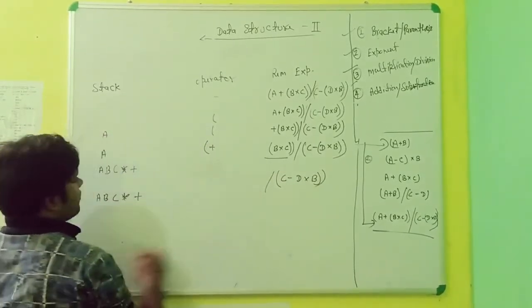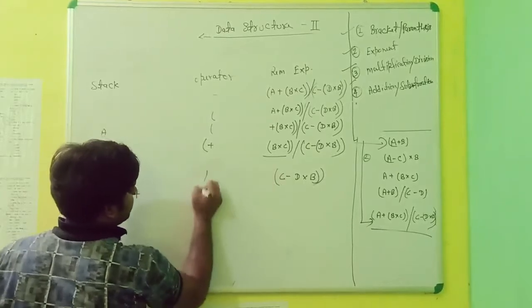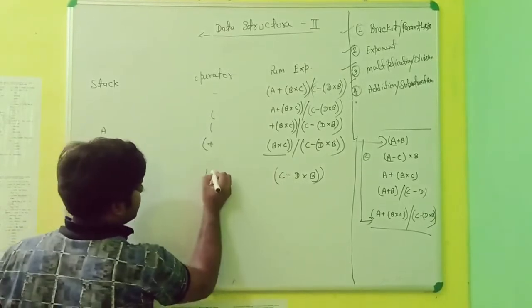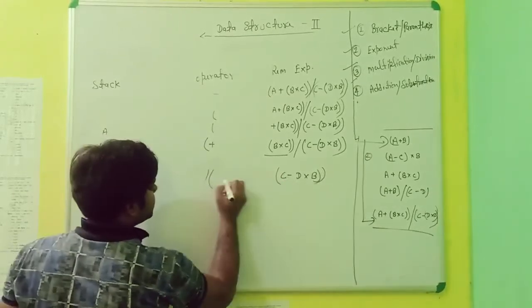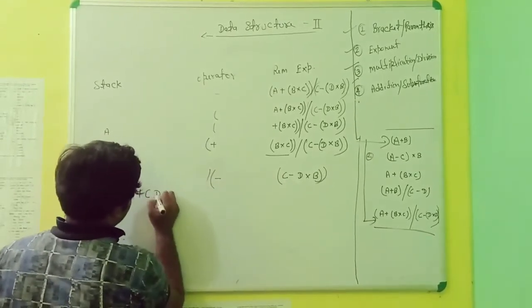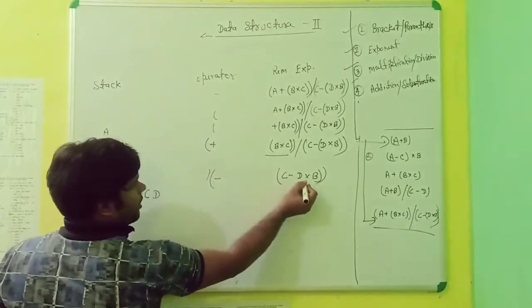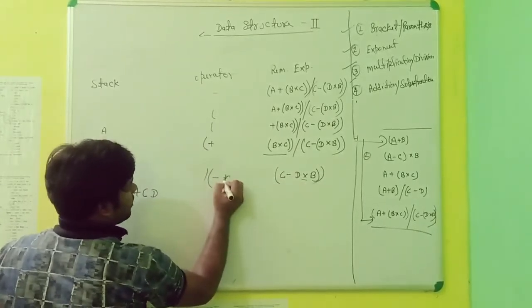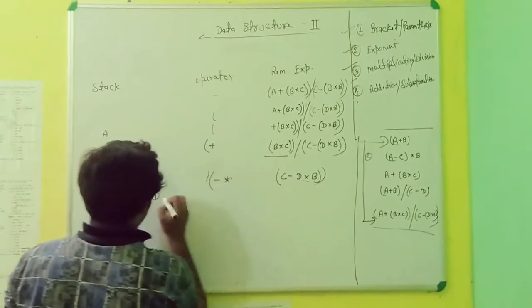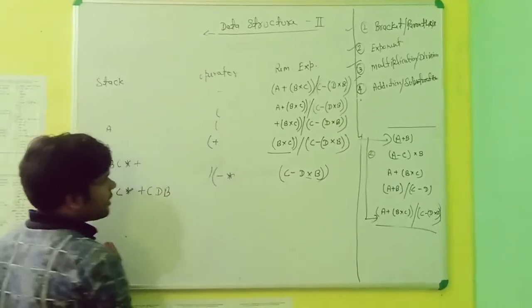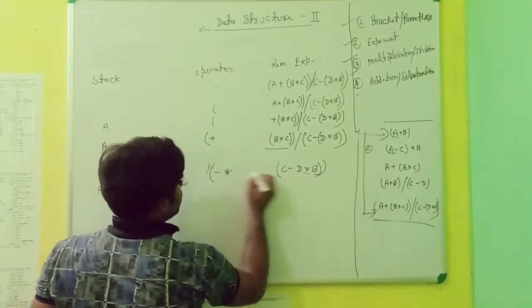That division will come here, then I will transfer division here. After that small bracket, then small bracket, then C will be here. After that minus, then minus will be here, then D now here. Then multiplication symbol, then multiplication will come in this bracket. After that, you see B is here, then I will write B. At last, closing brace, then I will write closing brace.